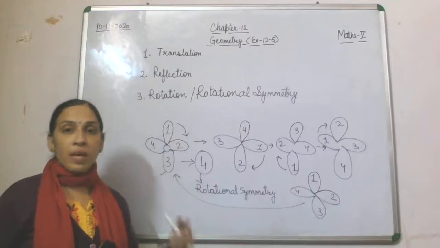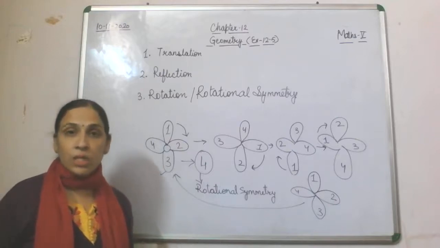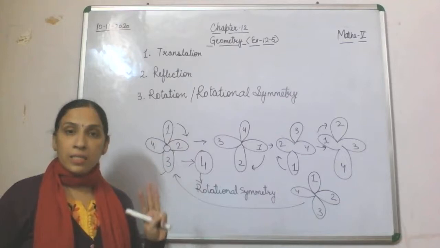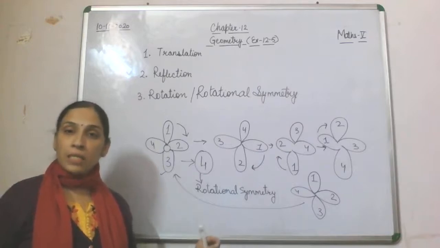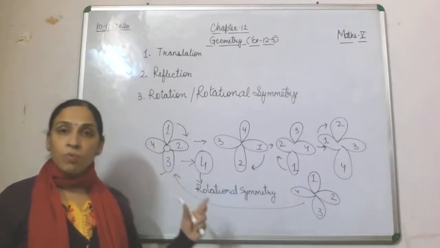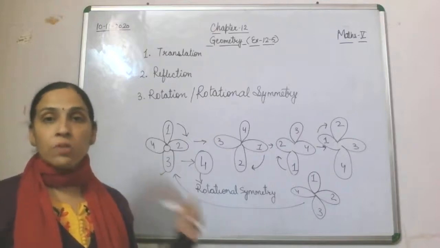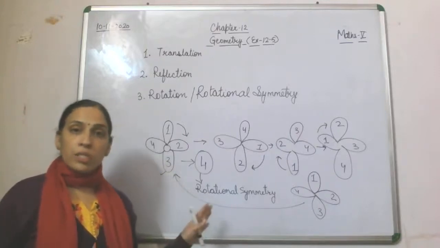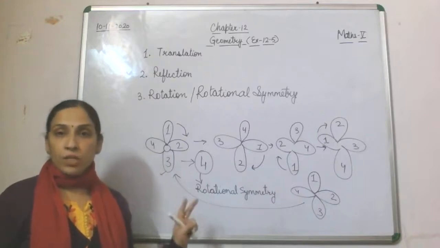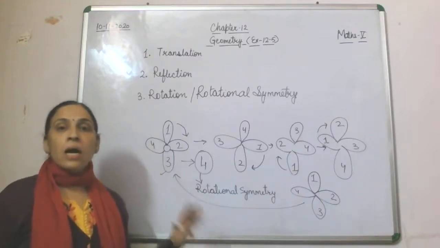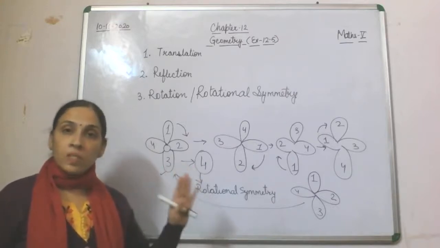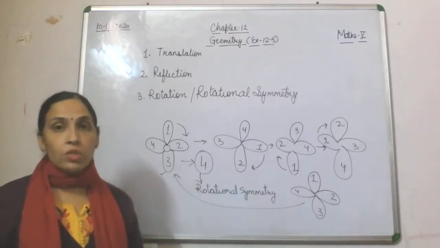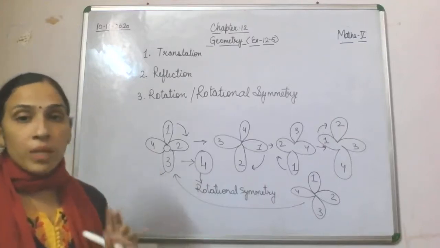So children, today we have done 3 concepts. First, translation. Translation is the sliding of an object from position A to B, and that B will be the translated position if you will be getting the same triangle or same circle over there. So that is your translation of a 2D shape. Then reflection, that is your mirror reflection. Reflection symmetry is also an important thing. Whatever size is there, that is not going to change. Only the direction of that object will be changed.